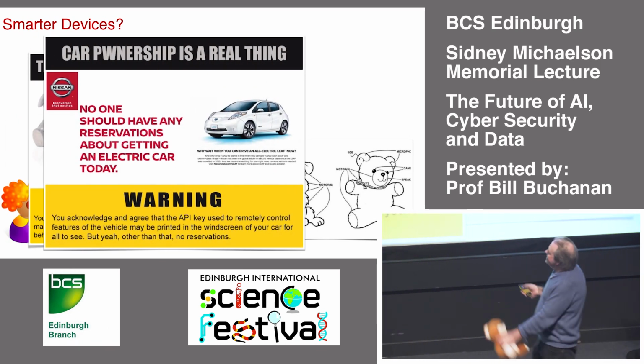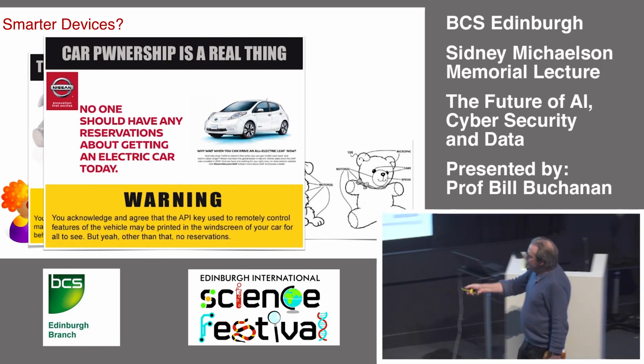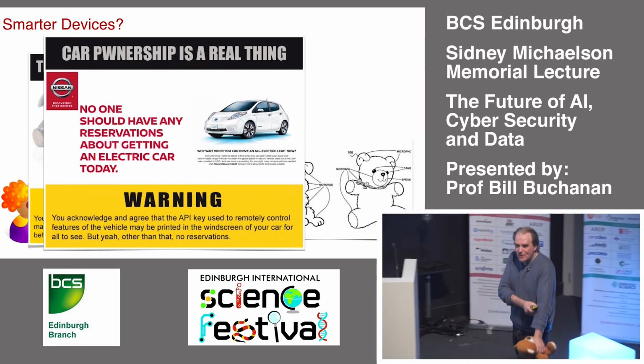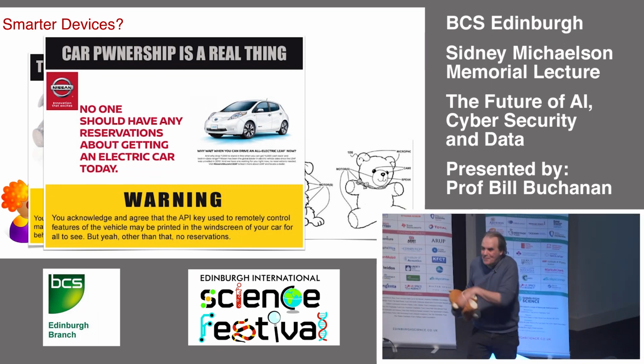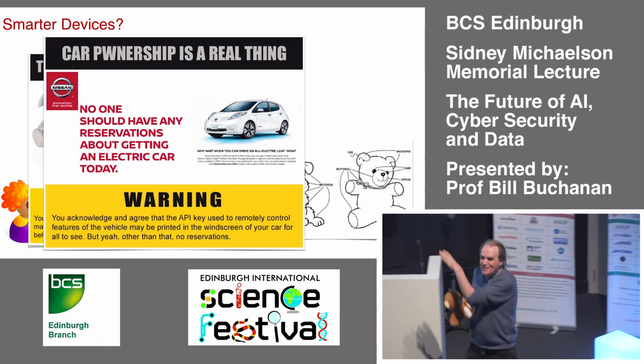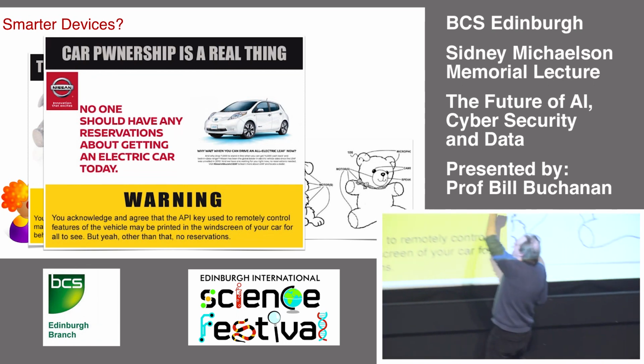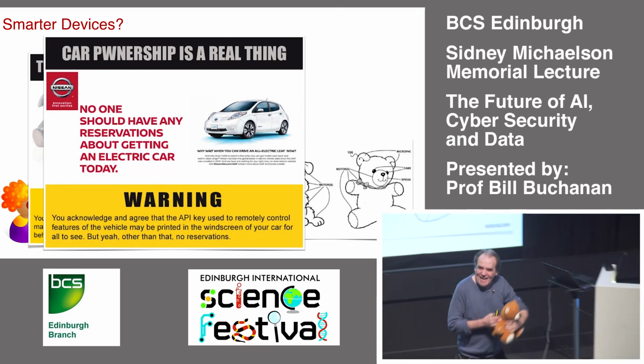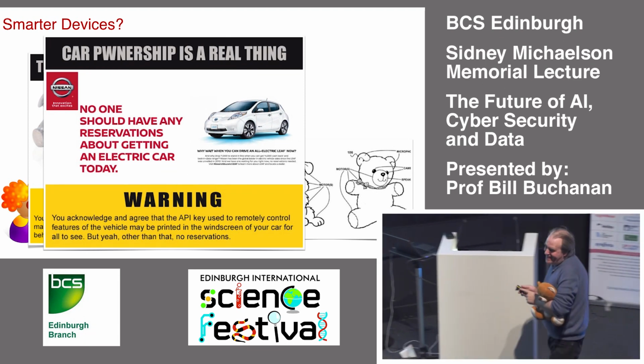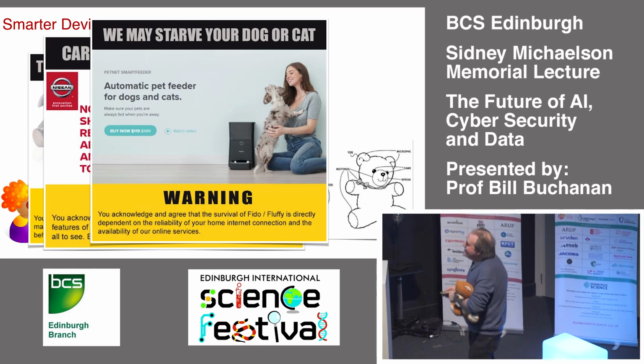And if you have a Nissan, then be worried because your API key is scratched on your windscreen. The API key will allow you to contact the car, find out its details and so on. So get a nail file and scratch off that API key as soon as you get back to your car today. And then this guy here,